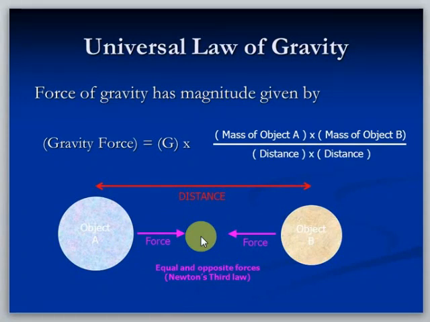So every object is attracting every other object in our universe, but this law is applicable to neutral bodies only. It cannot be applied to charged bodies like electrons, but Rutherford applied this law to charged bodies. His model is based on this law of motion and law of gravitation.